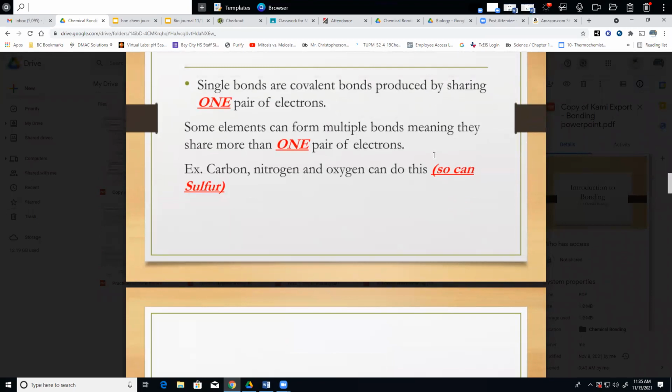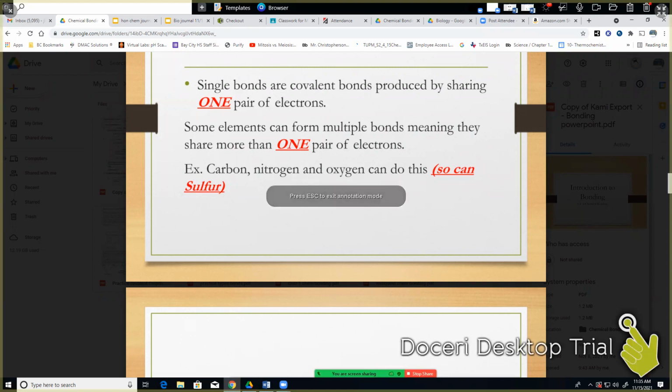So single bonds are covalent bonds produced by sharing just 1 pair of electrons. Some elements can form multiple bonds, meaning they share more than 1 pair of electrons. Carbon, nitrogen, oxygen, and sulfur can do that. And those are going to be ones that you're going to want to remember that they tend to form double bonds. If we draw all of those,